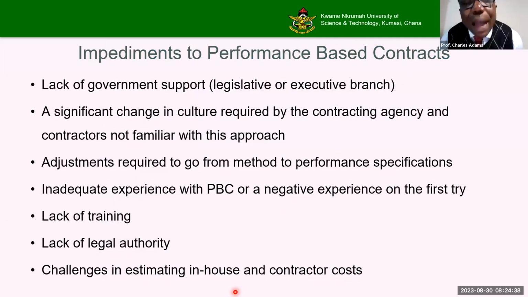Now, why are people not rushing to do OPRCs all over the place if there are benefits? One, lack of government support. Sometimes government and, of course, even citizens think: why do you give 300 kilometers to one person? What are the rest going to do? So they influence politicians so that they don't support it. But if you understand it, there are ways to bring the local capacity into the whole thing and eventually let them do everything.